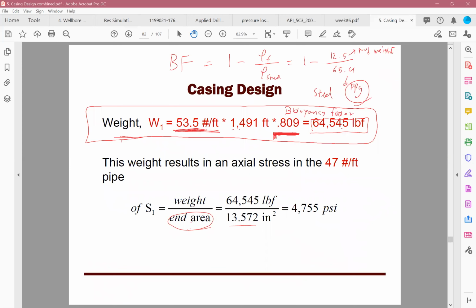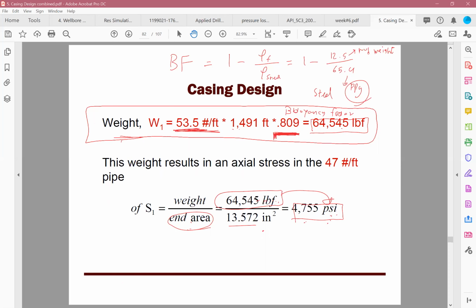13.572. Now, we are converting the force to a stress, right? This is force, this is a stress. This is in unit of pressure, this is in unit of force, right? And to do that, you need to divide your force by cross-sectional area of the casing. That gives you how much PSI of stress is being applied to that 47 pound per feet casing. Now,